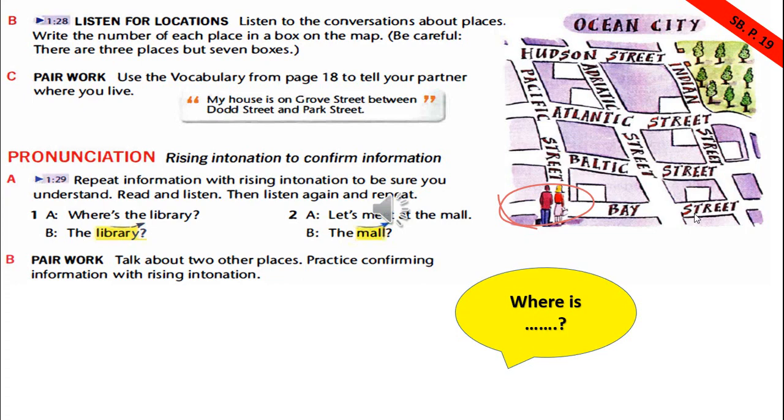Conversation 1. Excuse me, I'm looking for the city center. Do you know where that is? The city center? Let me think. Oh, sure, go straight down the street. Pacific Street? That's right. Then turn right on Atlantic. Right on Atlantic. Then go to the corner of Indian and Atlantic. The city center is on the right side of the street. You can't miss it. Thanks.